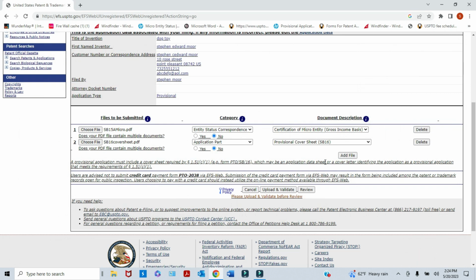Choose a file, and we run down. I had my files ready for you guys, and I hit this. So now we're done with the boilerplate stuff that the patent office wants for this. We're going to get the deepest discount on our fee because we filed the SB15A. We had to file this. Everybody has to file a cover sheet. And in this case, we're filing the provisional cover sheet, which is the SB16,